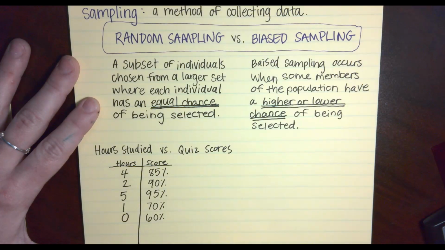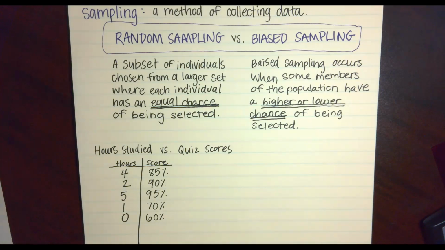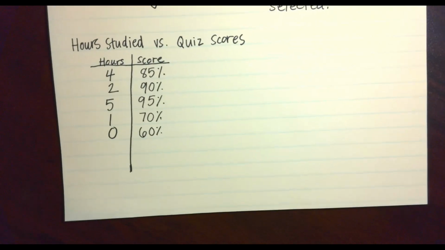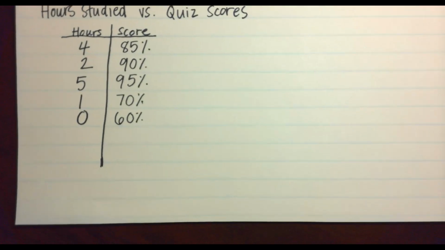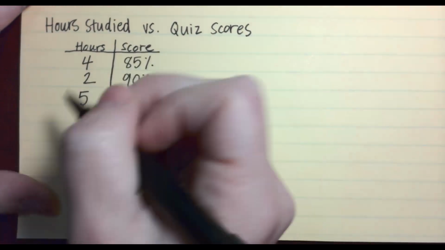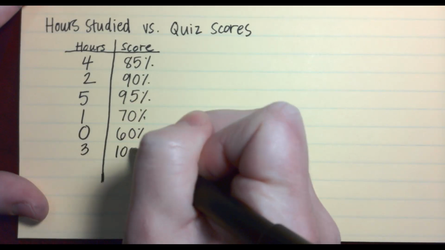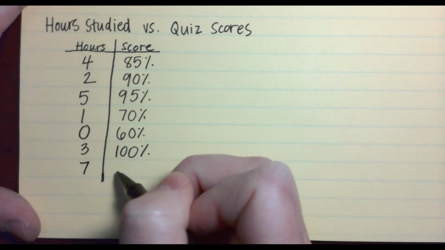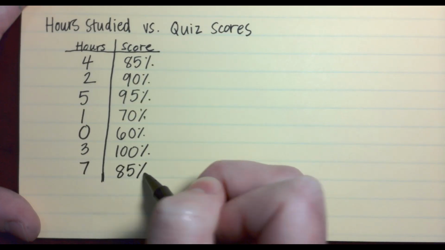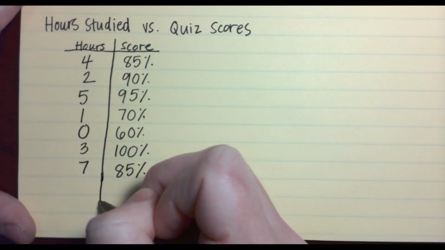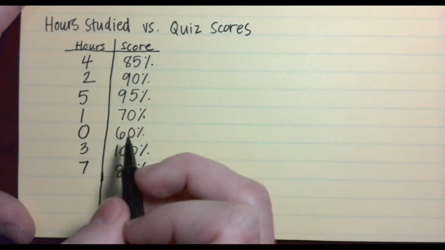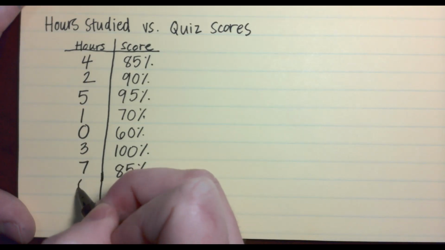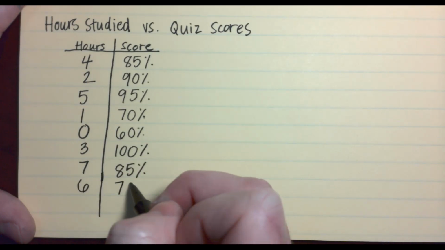Let's see. Give me some numbers, guys. Give me some examples I can put on here. I want to get lots of data. You can just throw out numbers. 3 hours, 100%. Let's say somebody studied for 3 hours and they got 100%. 7 hours and 85%. Maybe somebody studied for 7 hours and they got an 85%. Okay. And let's do 2 more. How about somebody else studied for 6 hours and got 75. 6 hours and maybe they got a 75%.